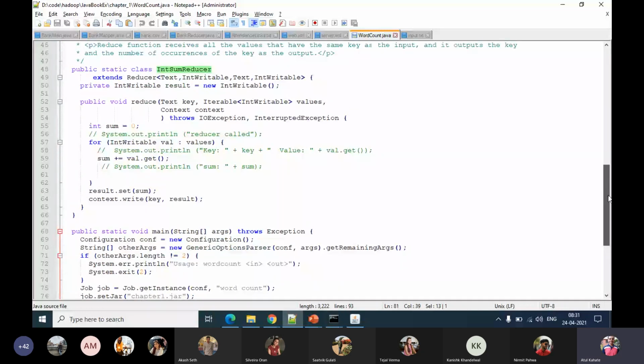So if we put the system.out.println statements, I don't know whether we did it last time.